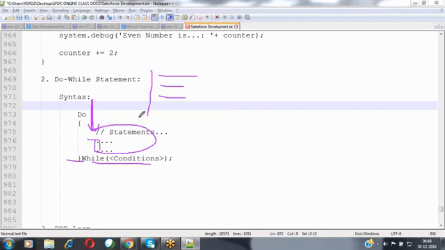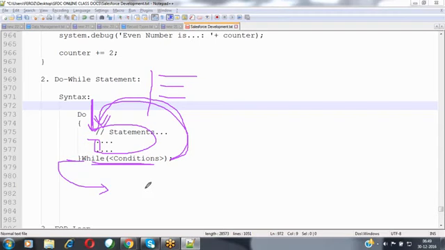So the do while is called a post-checking iterative statement. It is not verifying the condition first. First of all, it executes the statements only once, and then it verifies the condition. If the condition is satisfied, it enters the block again and executes the statements. After executing, it verifies the condition again. It keeps continuing this process till the condition fails. Once the condition has failed, it comes out of the block automatically. This is the process of execution of the do while statement.